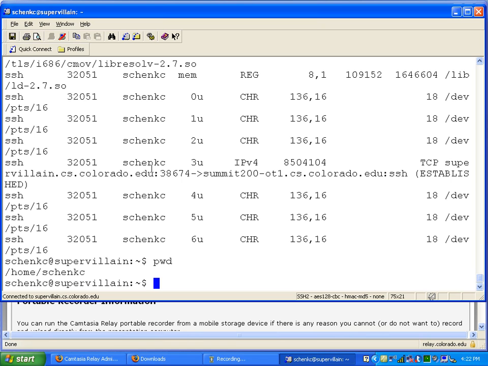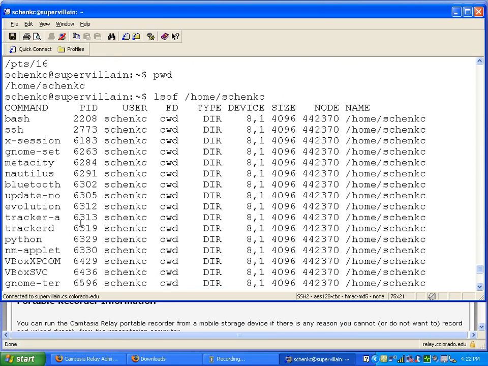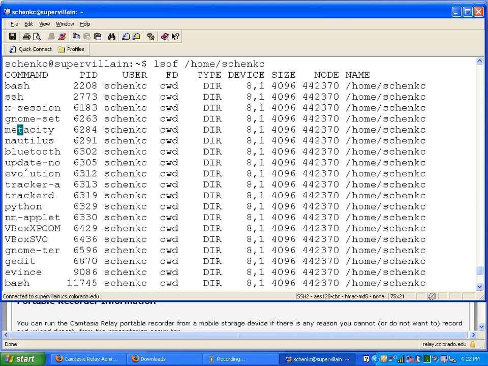As we can see, if I print working directory, I am under home Schenk C. Now we can list open files on this directory and see what has this directory open. As we can see, there are a lot of programs that have this directory open as a file. Right now we can see that there is a bash command running. This is our shell. It shows you this is the process ID, and it's being run by me, and it's tied to this directory. We also have SSH run, Xsession, there's GNOME, Metacity, Window Manager, Nautilus, a bunch of programs